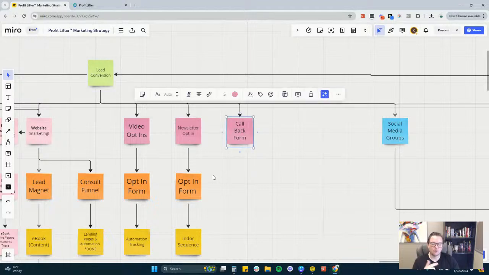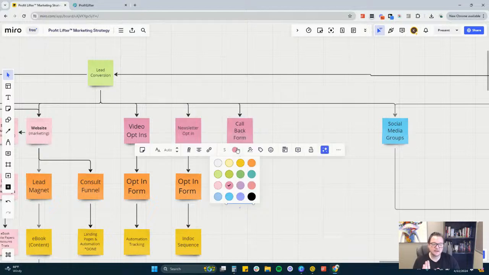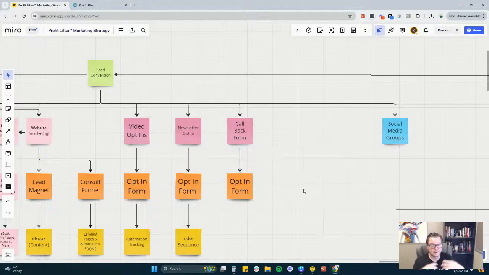Okay, so a callback form is something that you embed on the website that basically just says, "Hey, want more information? Fill out this form. We'll call you back at our earliest convenience." I like these. You always need to be careful with a callback form, because if you're running a considerable amount of traffic to your website, these opt-in forms have a very high possibility of getting spam,